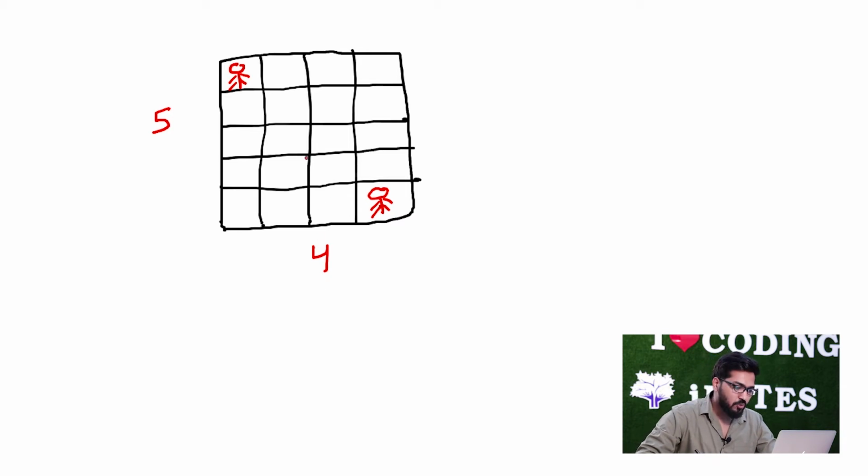Now he has various options, right? He can take various paths. Along the path there are only two possibilities: either he can move horizontal, or he can move vertical, right? At every step he can move horizontal or vertical. So obviously one of the possibilities can be, let's say, this, right? Then there are further possibilities, something like this, right?